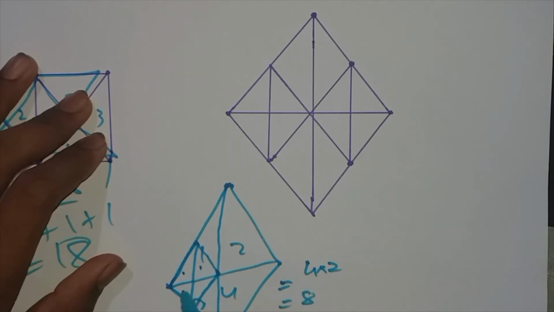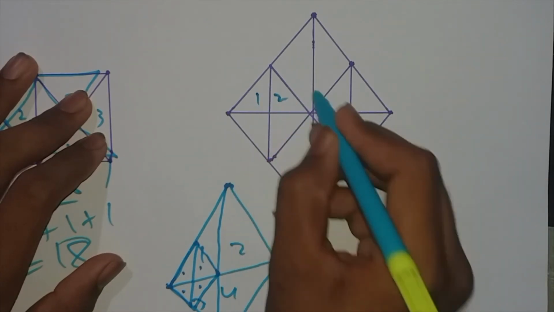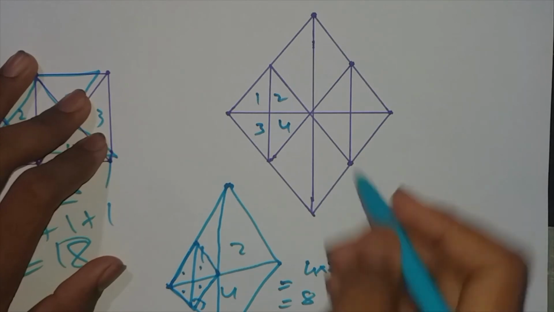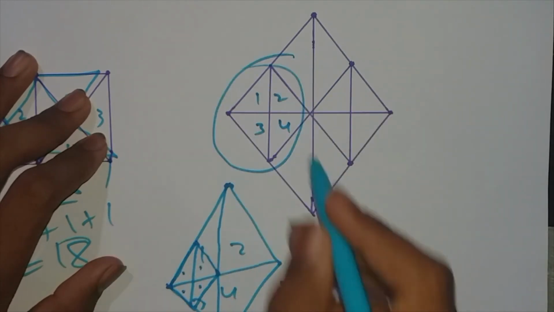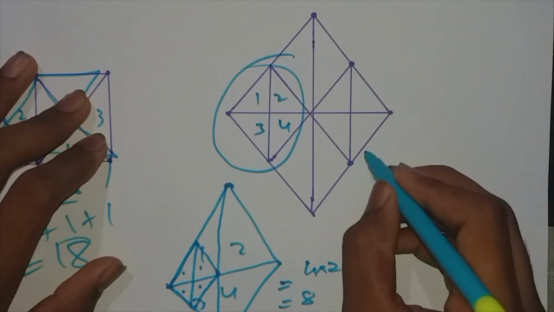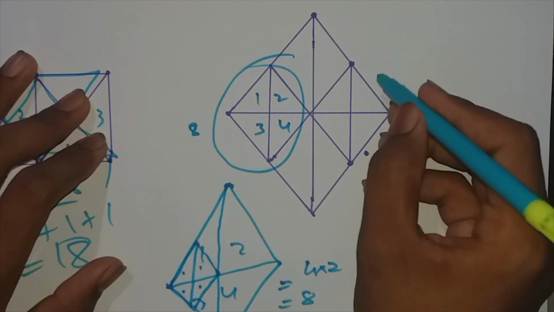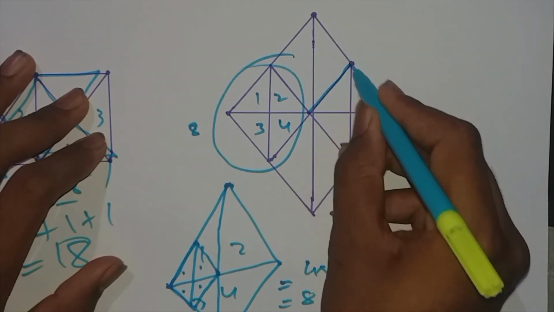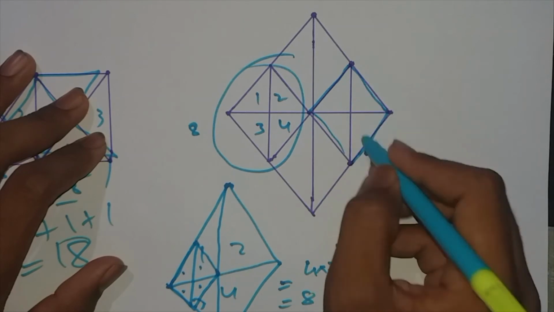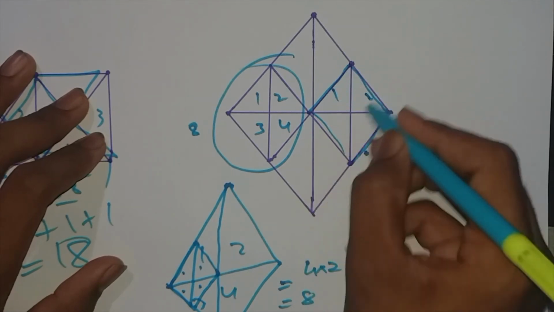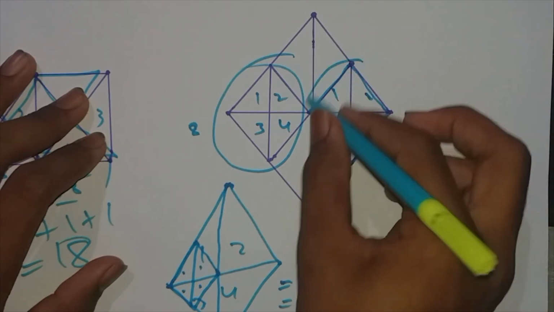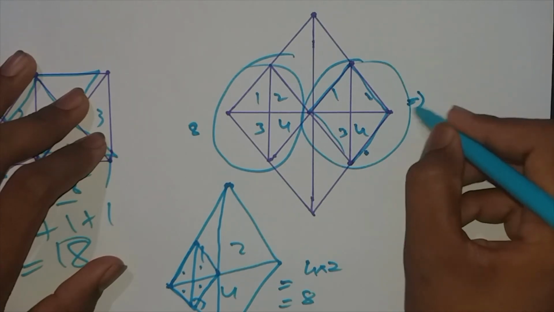So these are also the 4 parts, right? For these 4 parts, this is 1 part, 2 part, 3 and 4 part. For these 4 parts also I am making double of it. So for this, 8 triangles. For this also the same concept. In this square they have embedded one triangle. That means 1, 2, 3, 4. For this 4 also I am making it double.